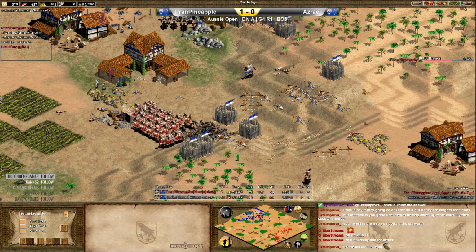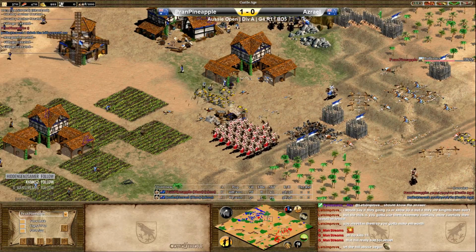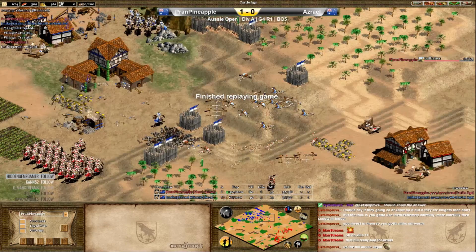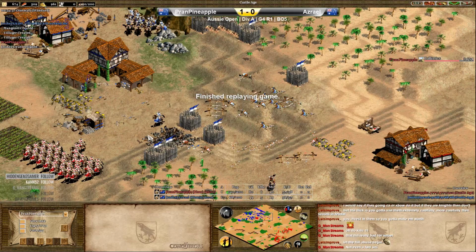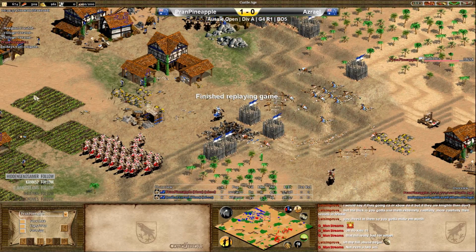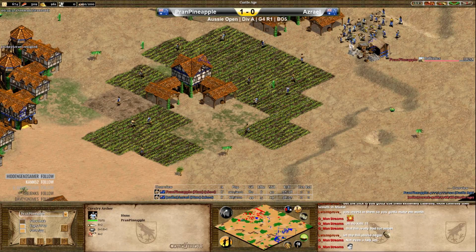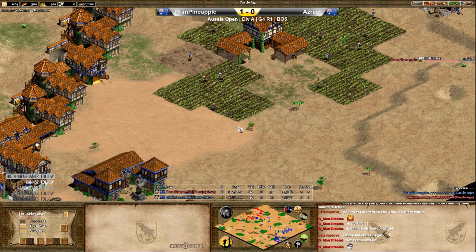And Pran, ever the gentleman, ever the kind man that he is, chucking a wee smiley face in here, and Azrael recognizing that this hill was a very key area of his economy, and unfortunately he didn't gain control of it, and Pran used it to his advantage and leveraged himself the 2nd win in this best of 5 series